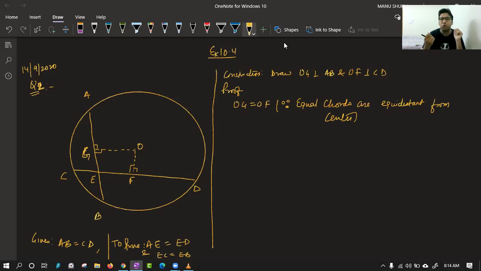We have learned a theorem in which we have studied that perpendicular from center to a chord. Yes, right now what we can say? What is the initial position we are in, class? Try to type. Please tell what we can say in the starting. No one is answering. What happened, class?